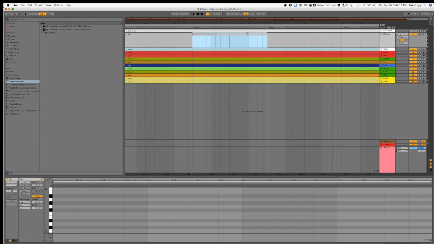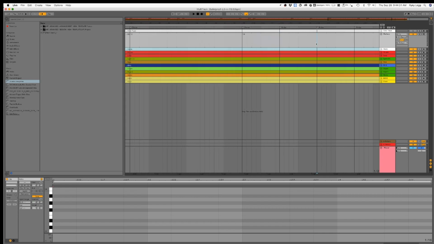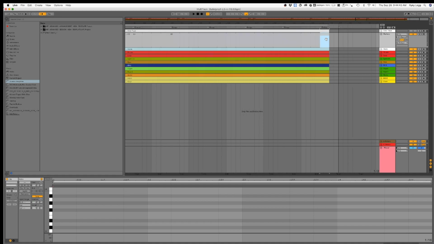All right, so there's bridge 1, bridge 2. Here's the third chorus. Fourth chorus, it's shorter. Then we've got 2 more bridges. So it looks like I'm just going to put this all in one section and call it bridge 3. It's basically 2 whole bridges, and then we have the